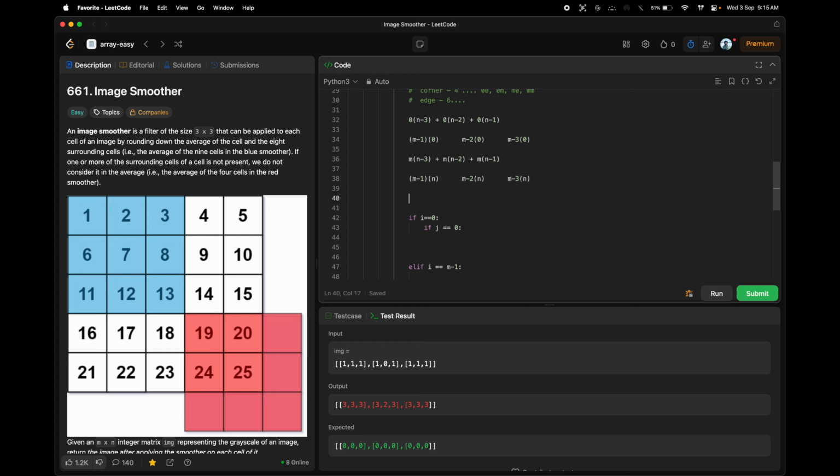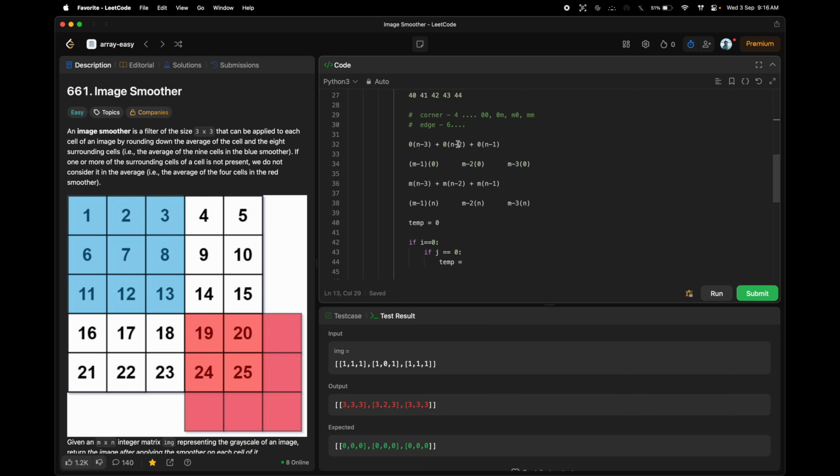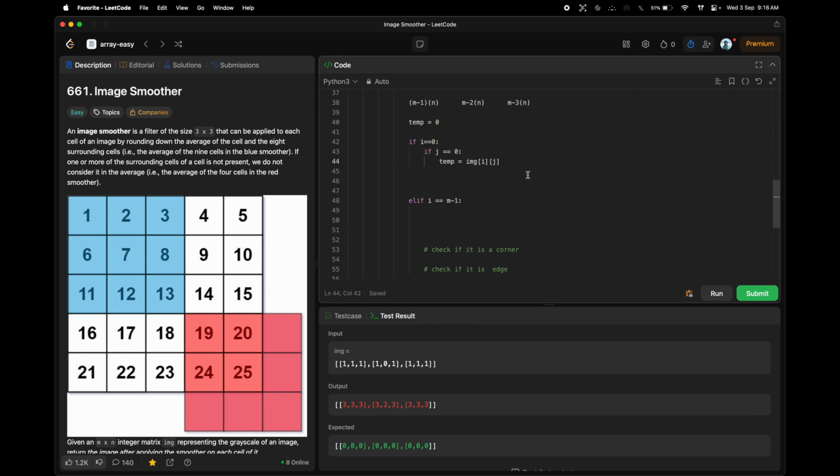Let's say temp value equal to null, and then temp will become the values which are, I, j equal to 0, then